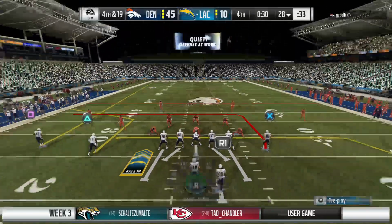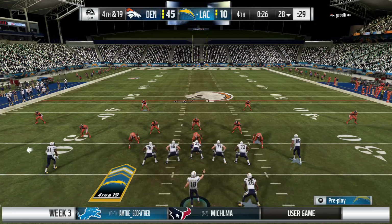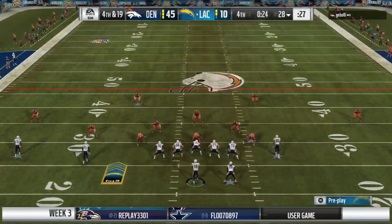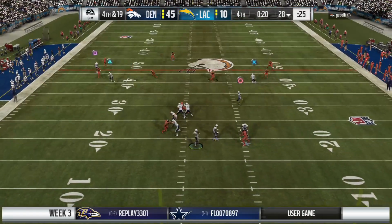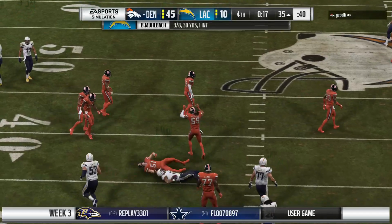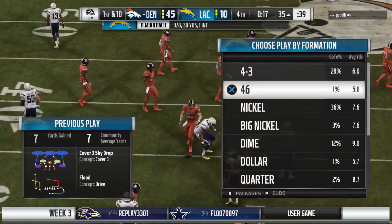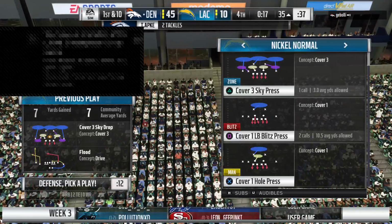All right, they're going to try and keep hope alive here on 4th down. They're going for it. Got to try it here. He's back to throw. Over the middle, he's got Tyrell Williams. And he's not able to get away. He is stopped well. So they tried to go for it for probably what